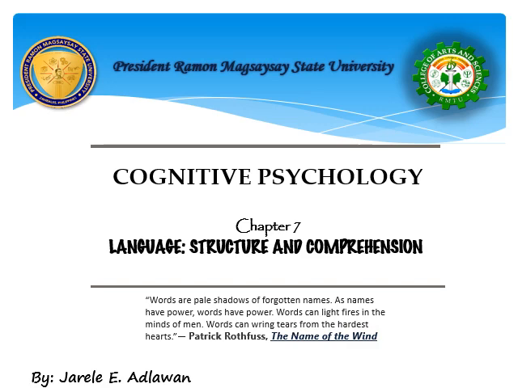We are now on our seventh chapter in the cognitive psychology course, titled Language Structure and Comprehension. Here are some questions that we will explore in this chapter. First, what properties characterize language? Next, what are some of the processes involved in language? Next, how do perceptual processes interact with cognitive processes of reading? And lastly, how does discourse help us understand individual words?